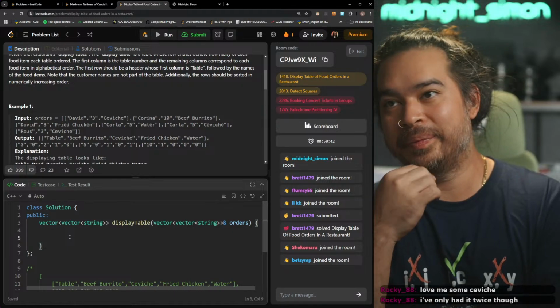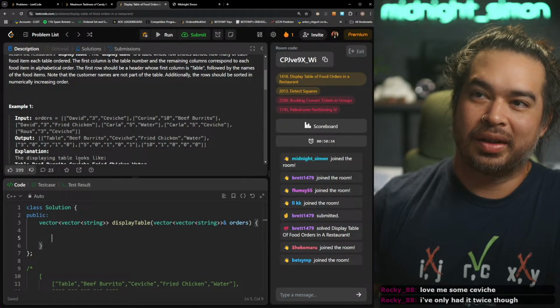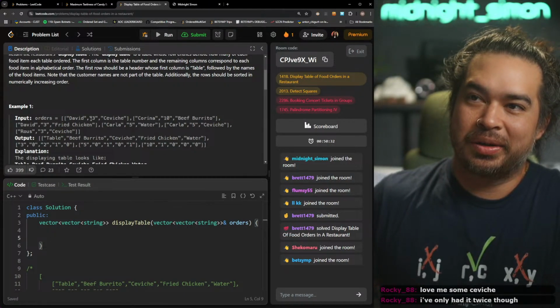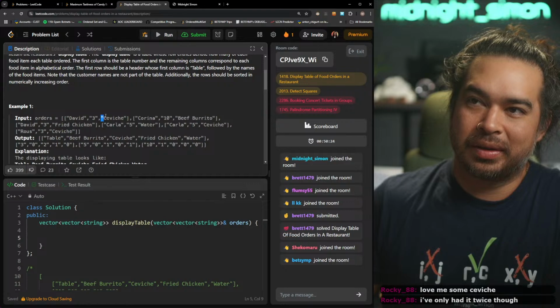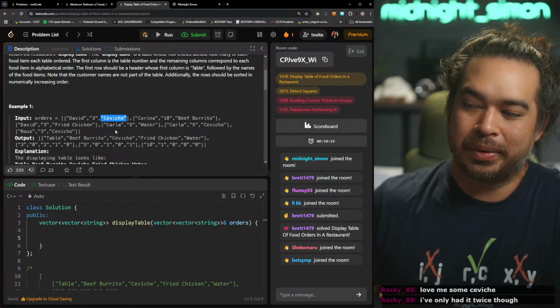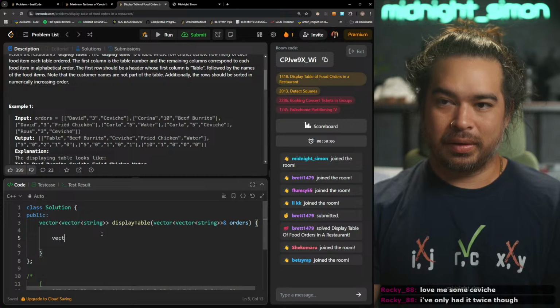So I need... I guess I need to count the table and how many food items there are on that table. How can I do this, man? Maybe I can use a map.